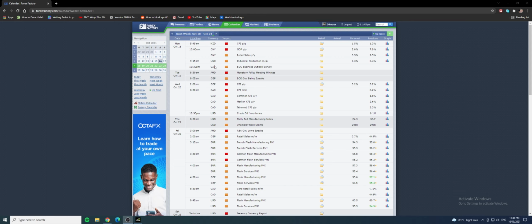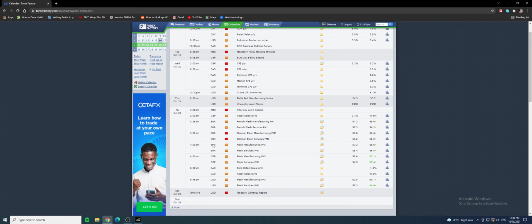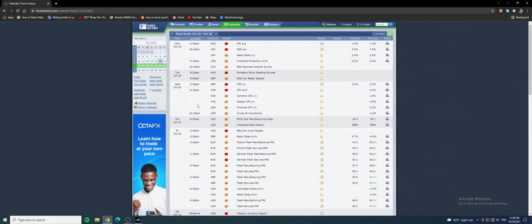So I'm just gonna think about which pairs to look out for next week. So Tuesday we have Aussie and pound. Well, I don't actually look at what kind of news it is. I just want to look at the forex pairs or the currencies that are included for the following week, and also the timing. So I have to be aware of what to trade and what not to trade.